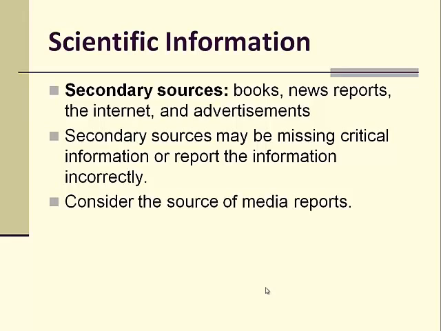And so this is a more common way to get scientific information for a non-scientist. Few non-scientists are reading primary literature, but many people are reading news reports and books, and especially internet articles regarding primary literature. Now remember, secondary sources are not as accurate, not as trustworthy as primary sources,